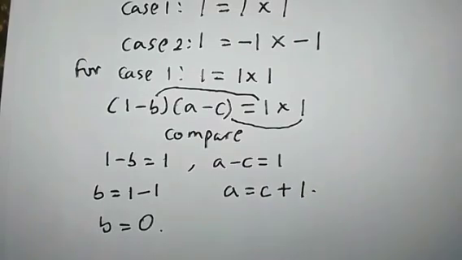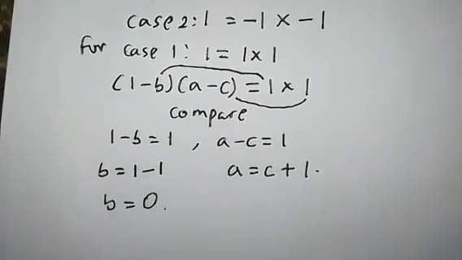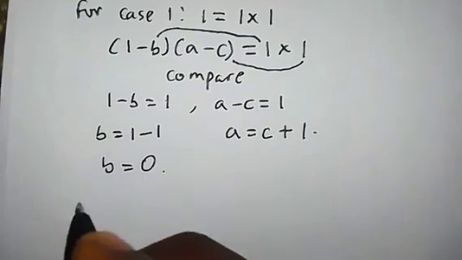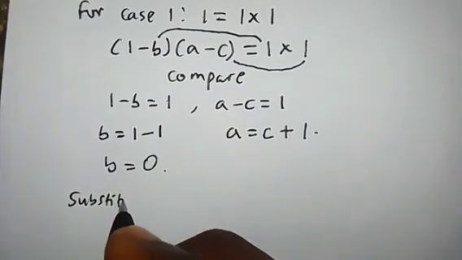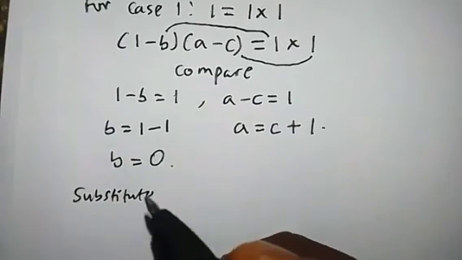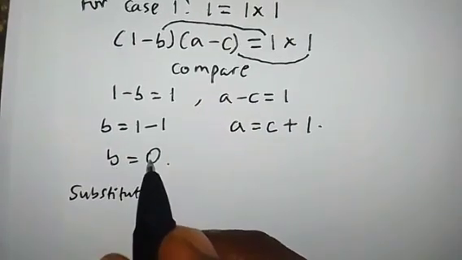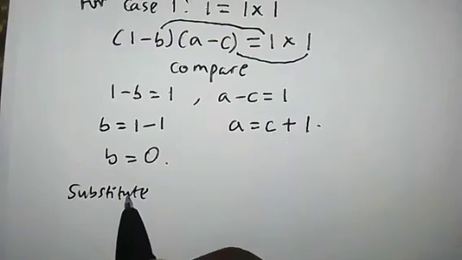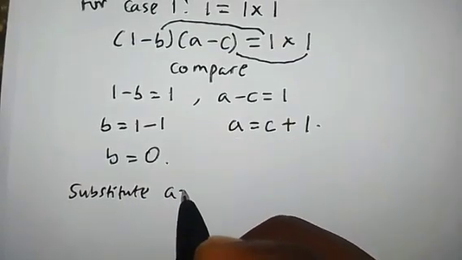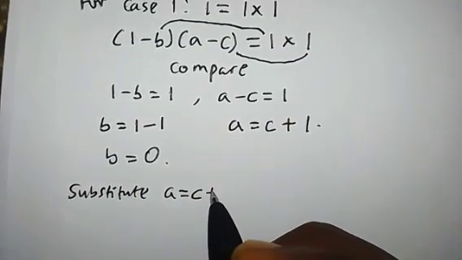Take note of this also. Let's continue. Now, substitute. Since we already know the value of B, what is left is to find the value of A and C. So let us substitute A equals C plus 1